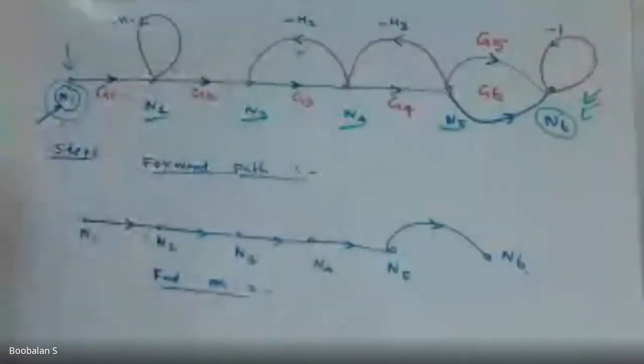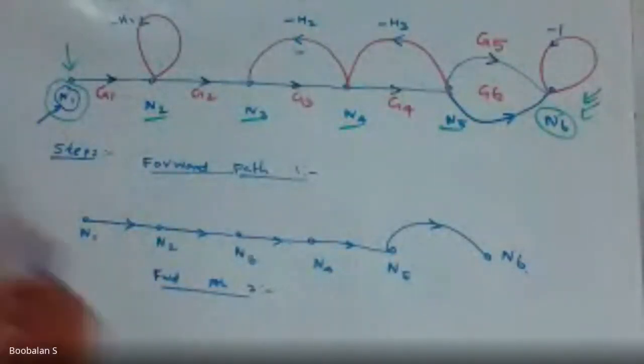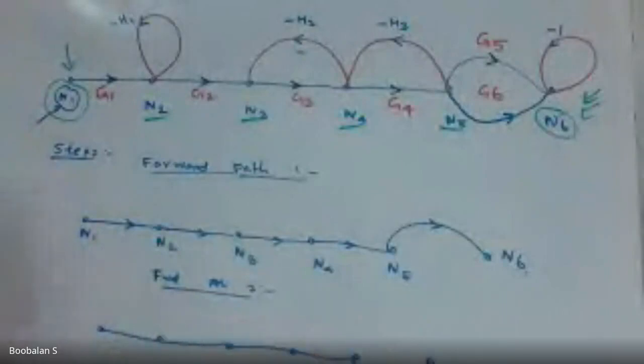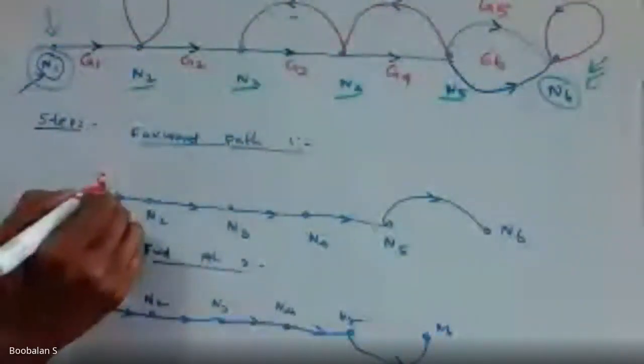If you are given a problem, one more problem we are going to see later has 5 forward paths, and you need to draw all 5 individually, right? 1, 2, 3, 4, 5, 6. It's very easy, look step by step. Go down. These are nodes n1, node 2, node 3, node 4, node 5, node 6. So you draw it. You definitely need to mention the arrow direction, otherwise they will reduce your marks.